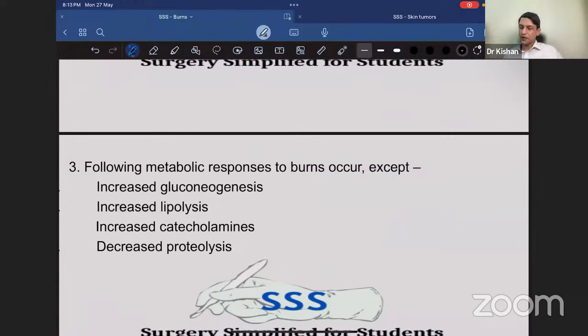Okay. Following metabolic responses to burns occur except